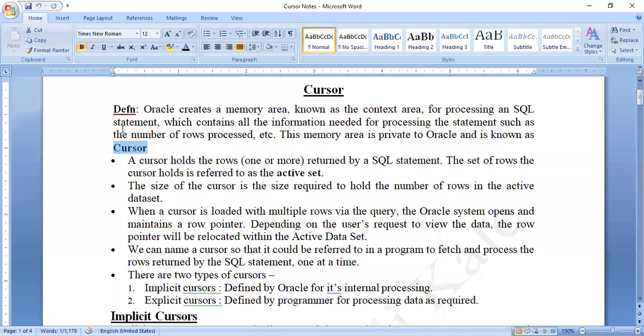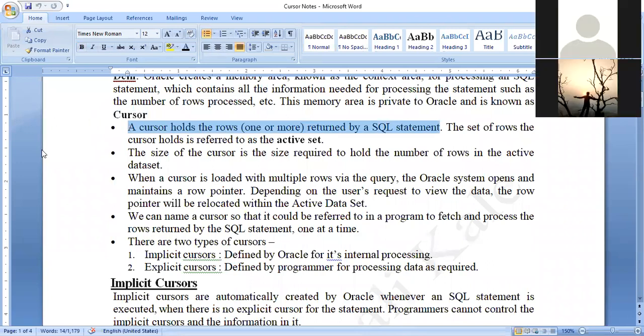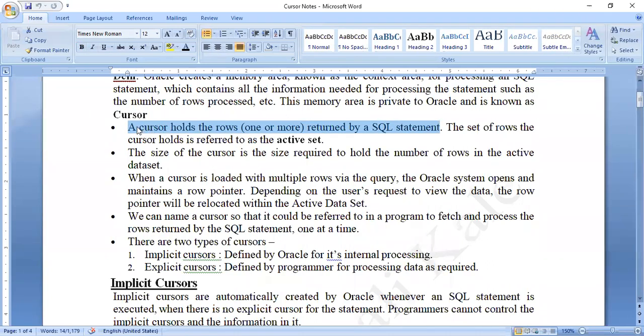So what does a cursor hold? Cursor holds the rows returned by the SQL statement. So when you say update the student table, or when you say select star, all the rows and columns will be fetched from the database and brought into the cursor. Suppose I have to update a record, then which record do I have to update?